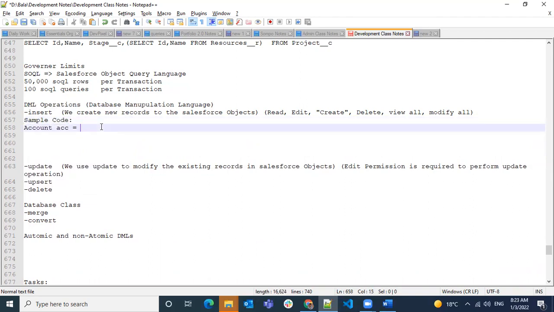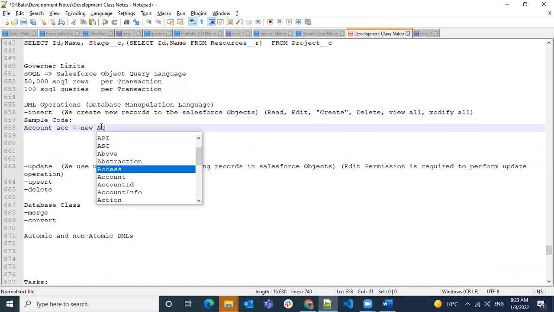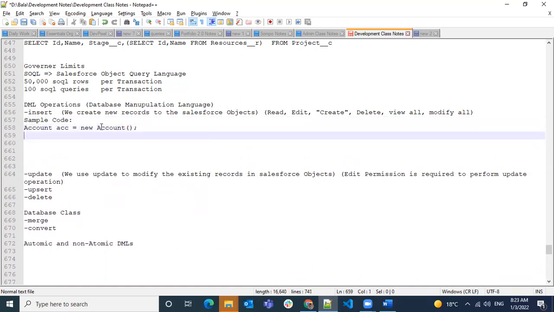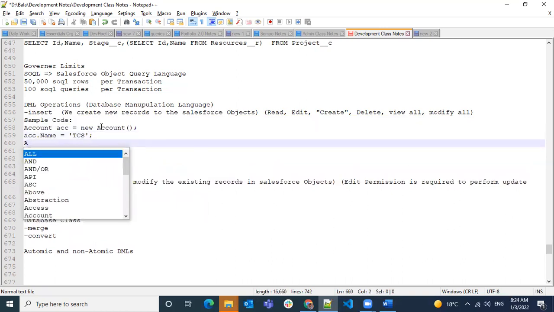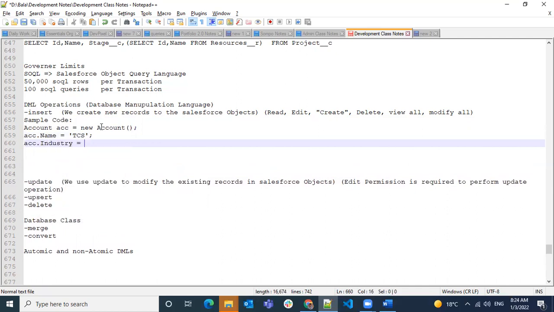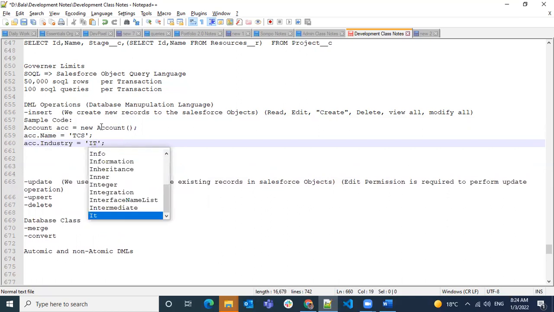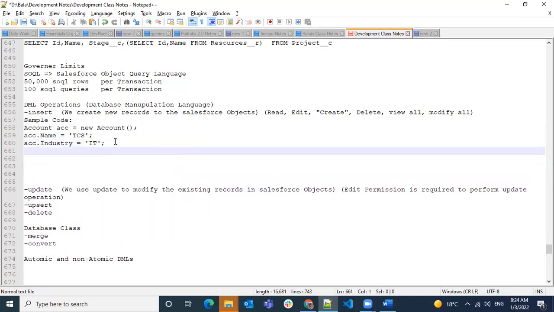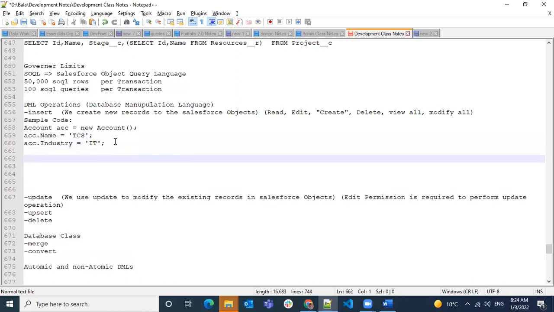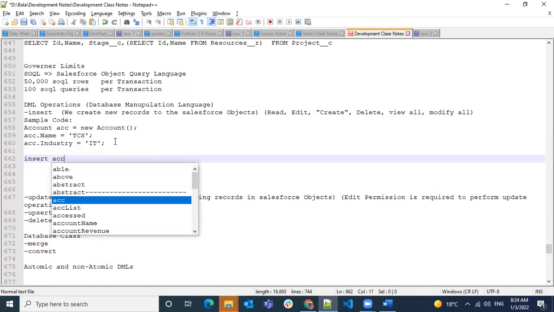We create a new Account constructor, followed by acc.Name, say any company, followed by Industry. And then to insert it, I use insert acc.